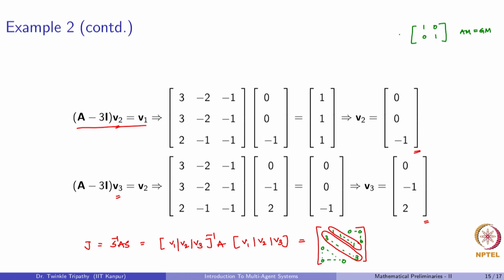In this case as well, this itself is its Jordan form. This is exactly what we will get. Now, in these cases also, our Jordan matrix is actually diagonal. This is the Jordan matrix. But whenever AM is not equal to GM for an eigenvalue, then we always get a Jordan matrix which takes this particular form. The diagonal has the repeated eigenvalue, the super diagonal has all ones, and the rest of the entries are all zeros.